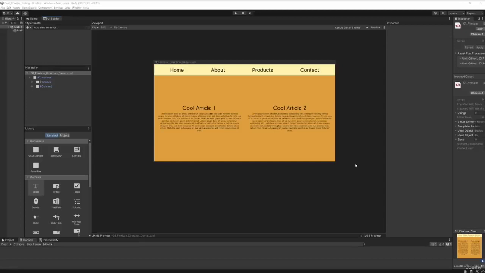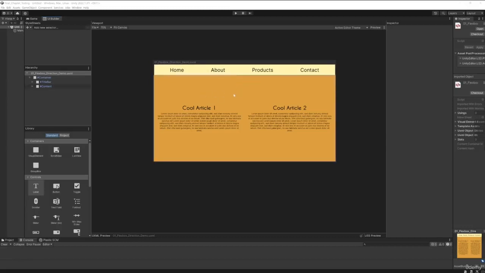Now, in a real world, we will probably not get very far by just using squared, same-sized items and putting them into containers. So let's now actually look at something more practical and how you could use flex direction in a more realistic scenario. So what we have here is just a very simple setup of something that could be a web page,